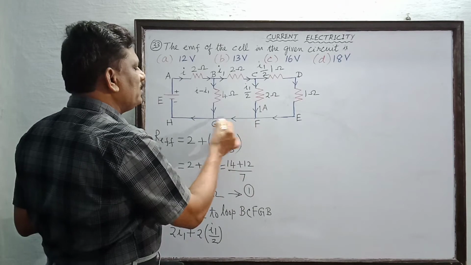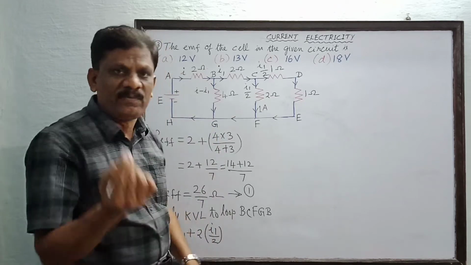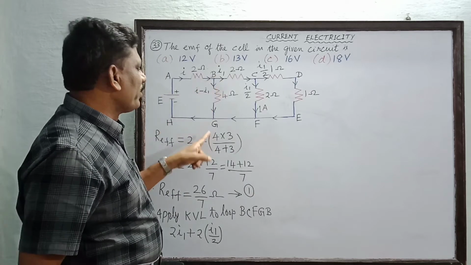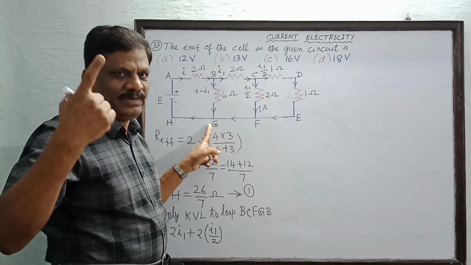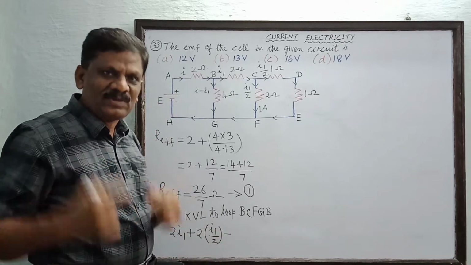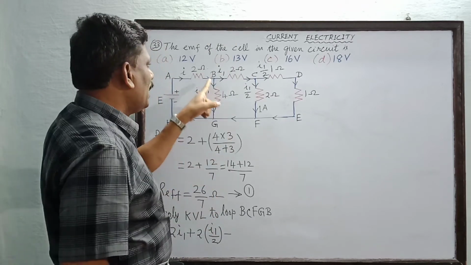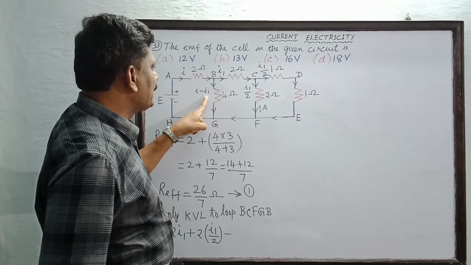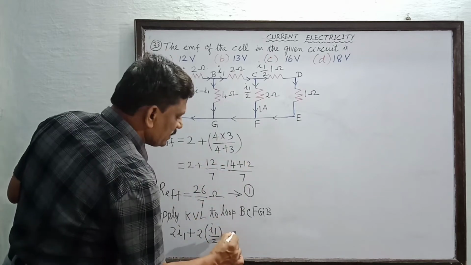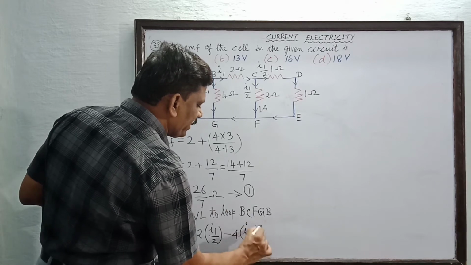Then I am proceeding from F to G, no resistor. Now I am proceeding from G to B, in the upward direction. But in which direction is the current flowing? It is flowing from B to G, opposite to GB. Therefore, here I take a minus sign. Have you understood the importance of the minus sign here? I am proceeding from G to B in the upward direction to complete the loop, but the current I minus I1 is flowing from B to G, through the 4 ohm resistor. So minus 4 into (I minus I1).